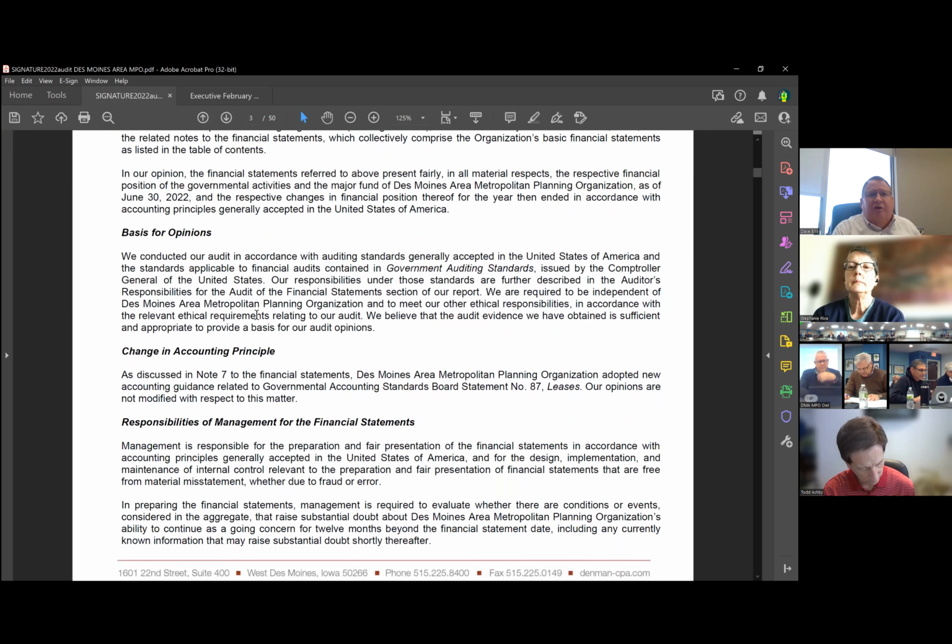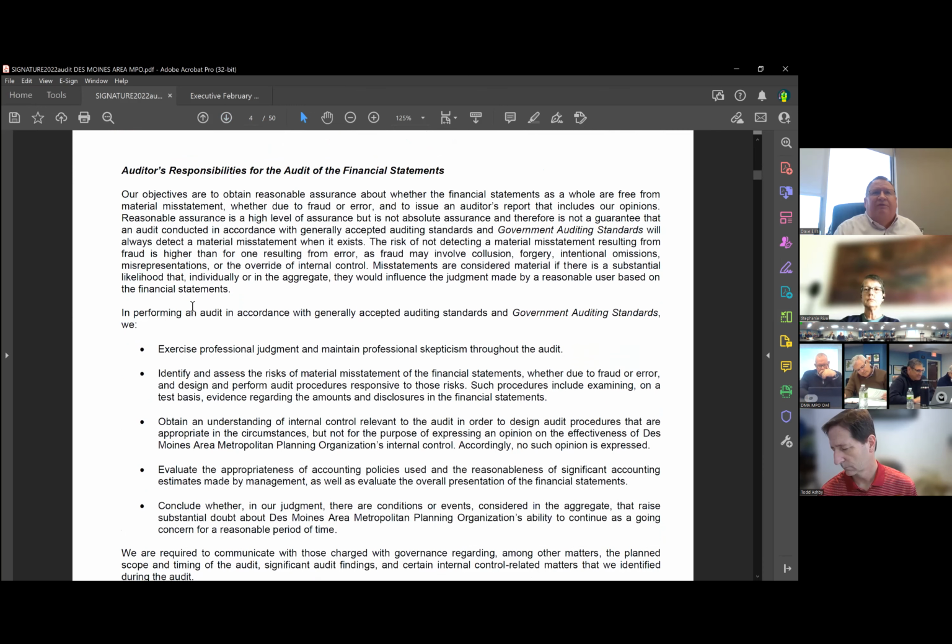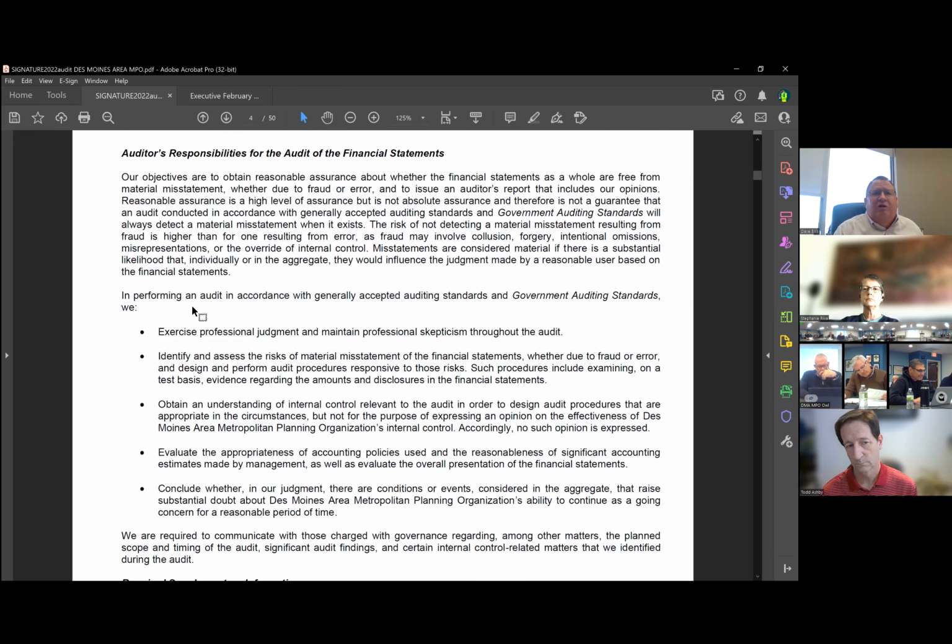Again, our responsibilities on the next page are to issue an opinion on the financial statements. We do lay out a few more of our responsibilities in the auditor's report this year. I'm not going to go through all those, but we've always done these. For transparency, we're putting a little bit more information in the actual auditor's report. So those were items that have always been done, but more disclosed this year. I'm going to skip over to page 8.